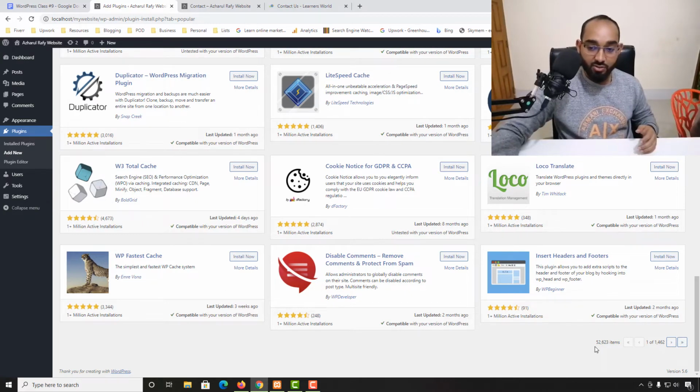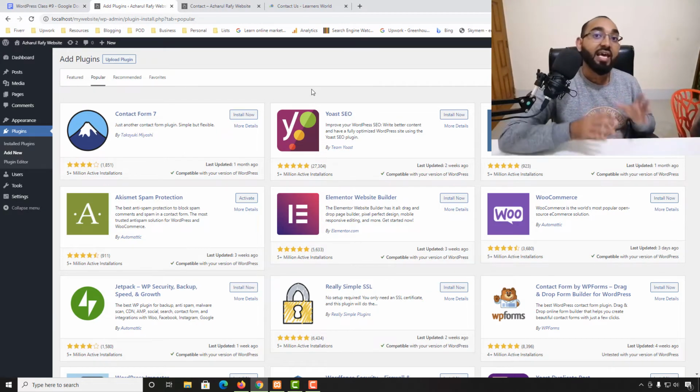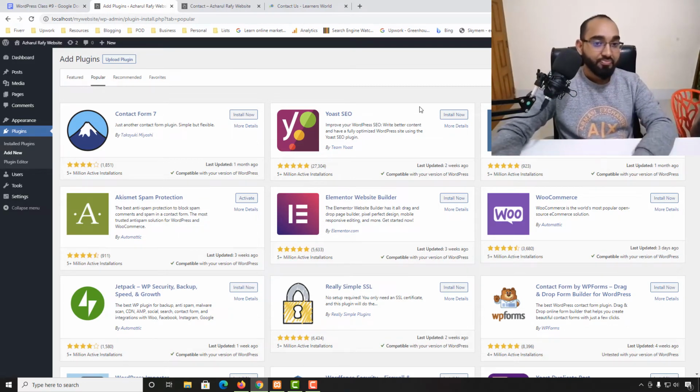Okay, and if you just notice here, we have around 52,623 plugins currently available here in this WordPress library. Just imagine. Each one of these plugins has its specific specialty that you can implement, that you can add to your WordPress website. And one thing I'd love to mention,